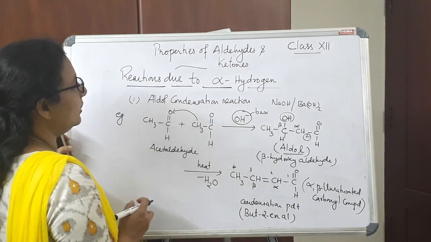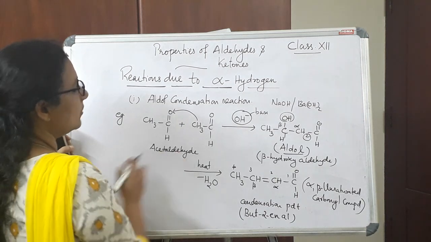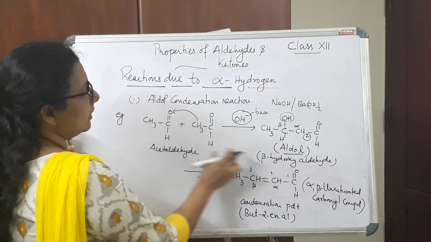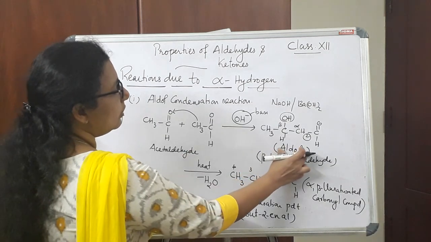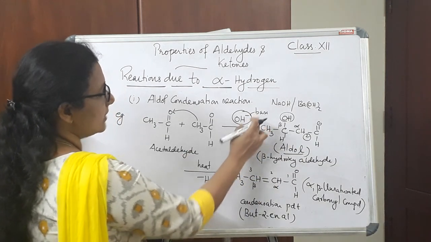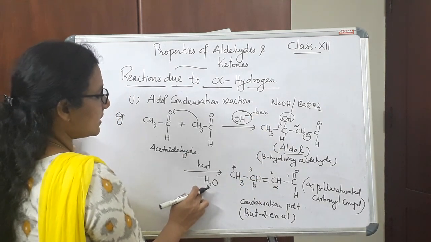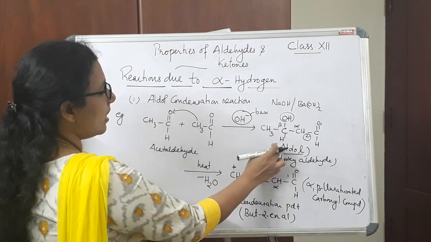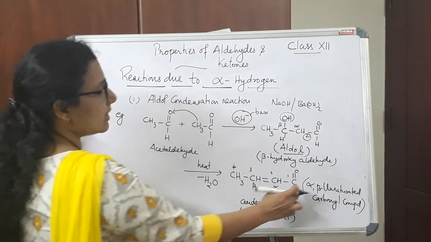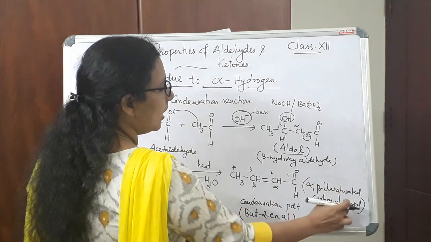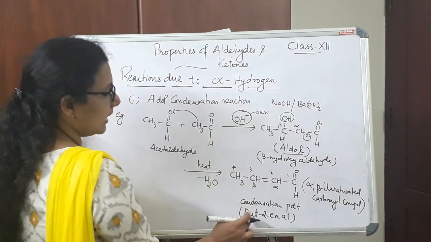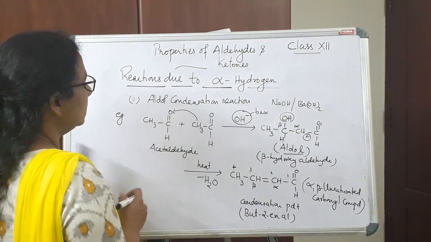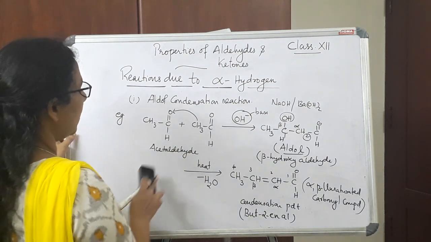So this is aldol condensation reaction in the case of acetaldehyde. Acetaldehyde molecules give an aldol at first in presence of a base. Then in the next step, condensation reaction takes place and one molecule of water is eliminated from aldol, and the final product is an alpha beta unsaturated carbonyl compound. In this case it will be but-2-enal. So this is about the case of aldehyde.